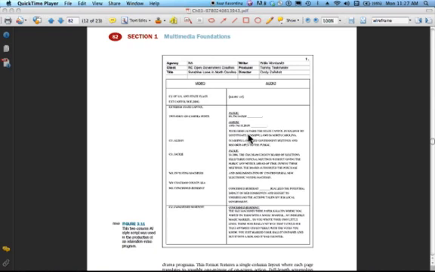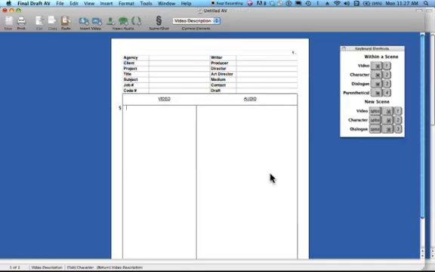In the AV format, the video information is placed on the left-hand column of the page. The audio information is placed on the right-hand column of the page. And for this script, I used the program Final Draft AV to create this two-column format. So I came into this program, added information at the top of the script to provide information to whoever would be reading it about the writer and agency and other information, and I can add that simply by typing it in